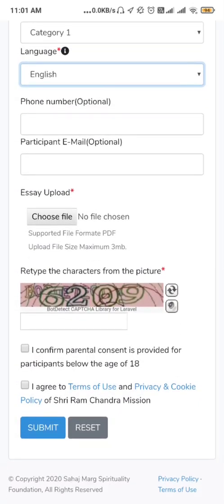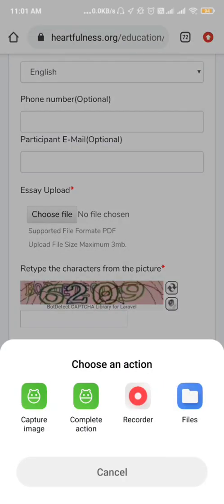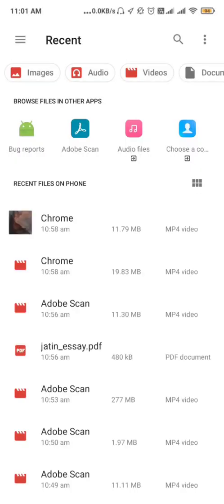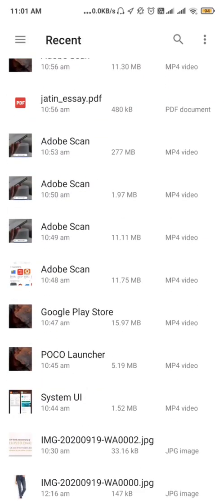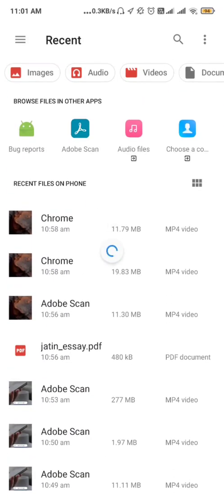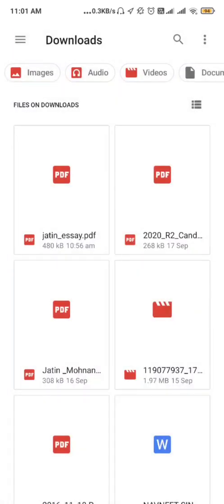Put in your phone number and email ID. Then you need to choose the essay here in the upload essay format. Choose file here. Go to downloads, and here it is, Jatin essay.pdf.